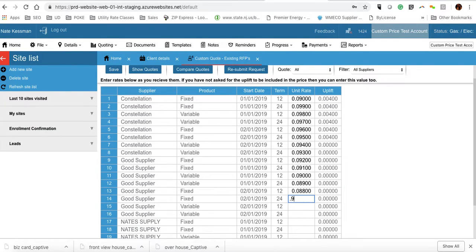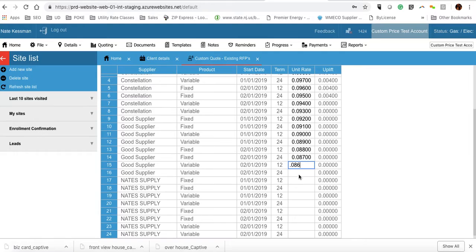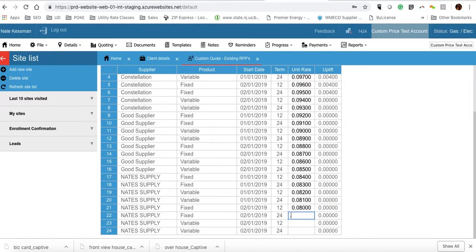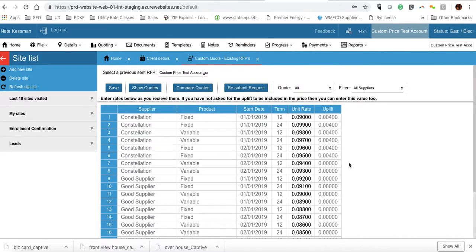So what you're doing is filling in the prices as they are returned to you, until you have everything set. Save those quotes,